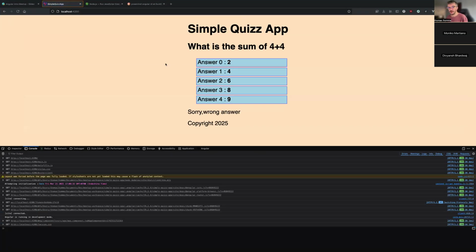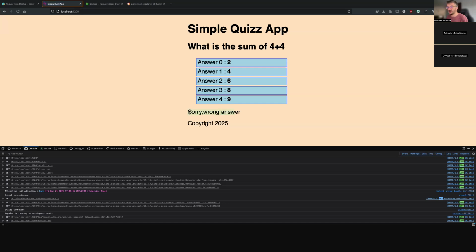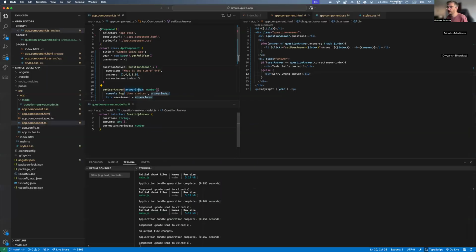So the problem I have now is that as soon as I go on my web page, I get insulted. It's not really good. It's not very friendly, right? We maybe want to hide this one in case we haven't answered yet. For this, it's pretty simple. We know that if we have an answer, the user is -1. So we can use another if around this one.